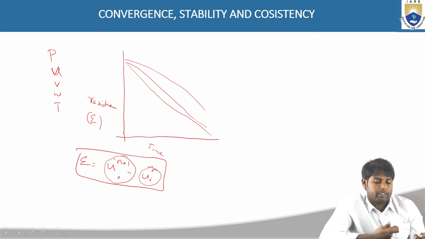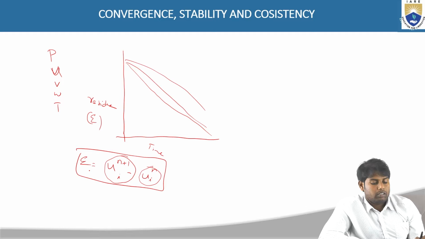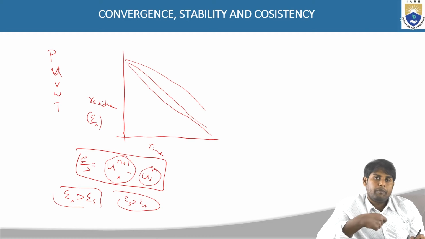If you take the difference, you'll get some value. Let us take epsilon of s, which we initialize, and epsilon of i. So if epsilon of i is less than epsilon of s, then we can stop. But if epsilon of i is greater than epsilon of s, then you have to keep on running the